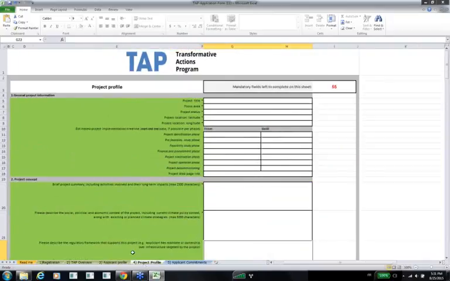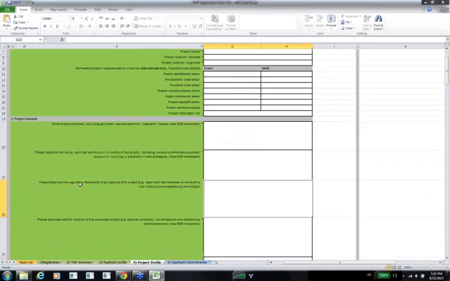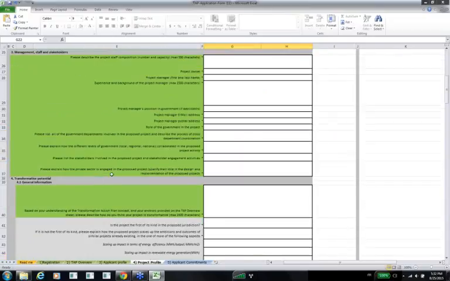Now, on to the next one, the Project Profile tab. Now, this is also quite an important tab as we ask you for some core and detailed information about the project. So about the concept of the project, right here, about the management structure of the project, and of course more detailed information on really the transformative potential of your project.